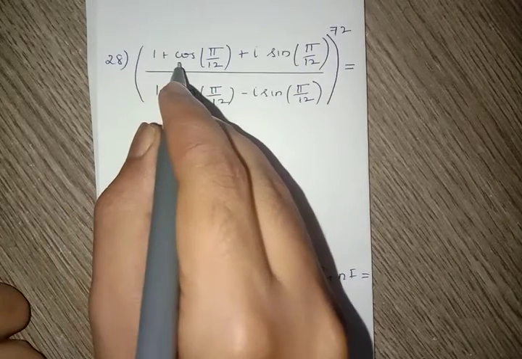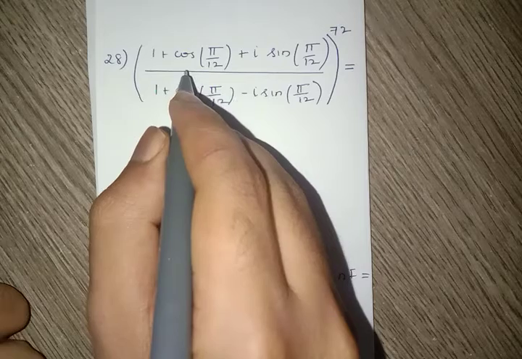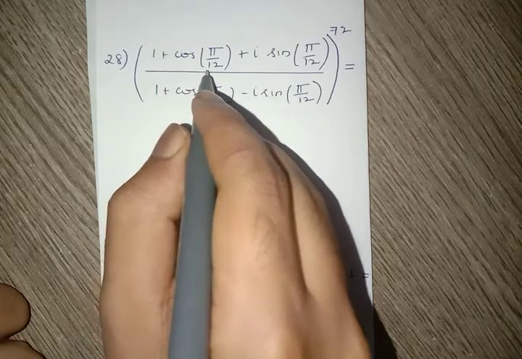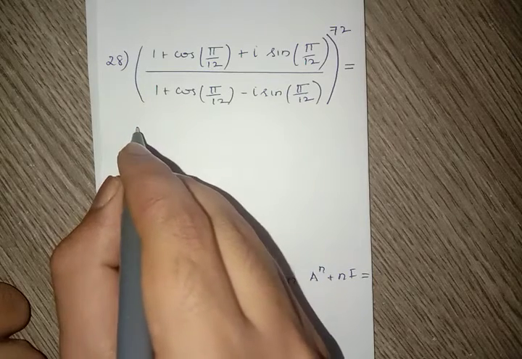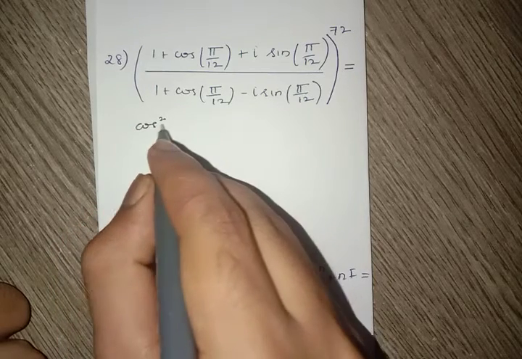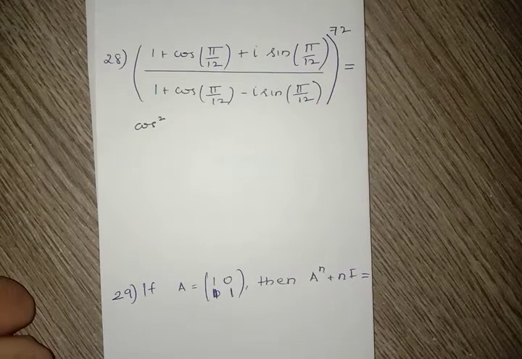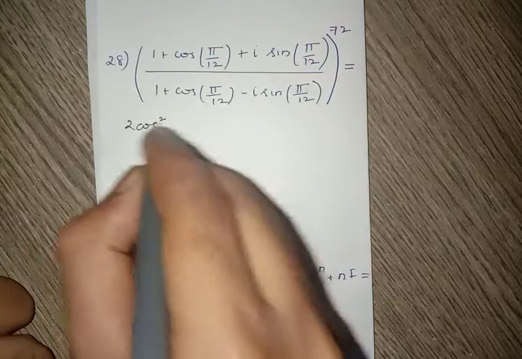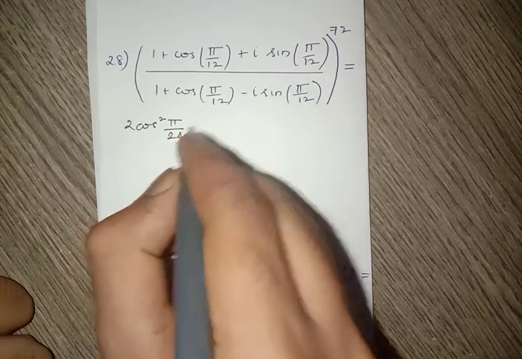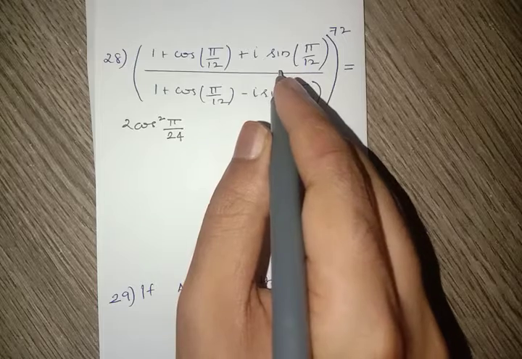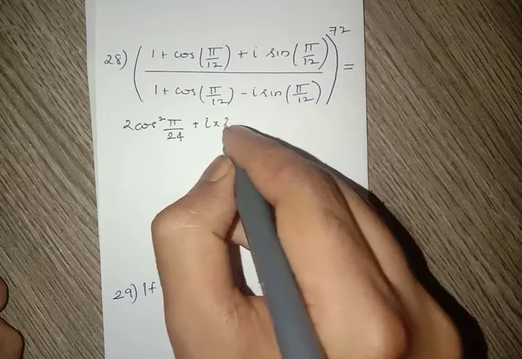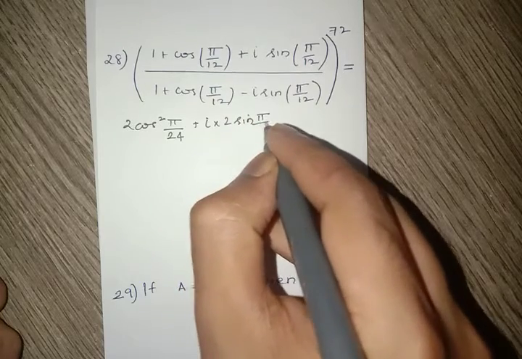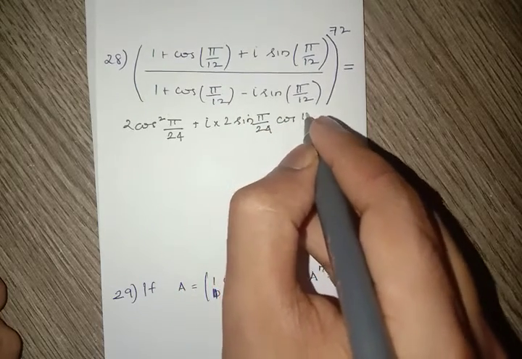We know that 1 plus cos 2A is equal to 2 cos squared A. So we can write this as 2 cos squared pi by 24, and sin 2A is equal to 2 sin A cos A. So this can be written as i into 2 sin pi by 24 cos pi by 24, divided by